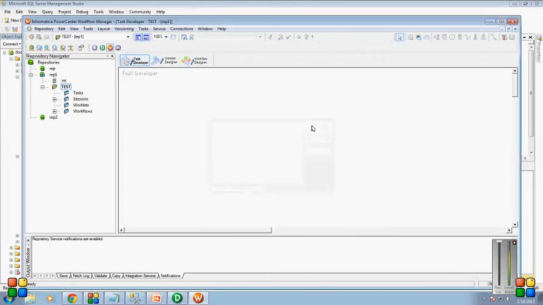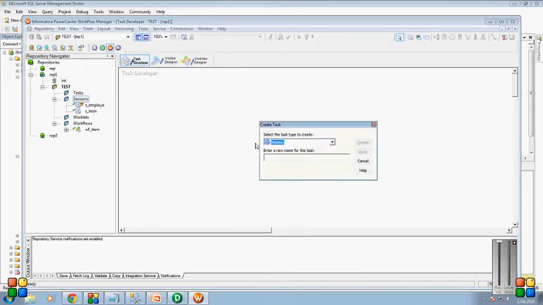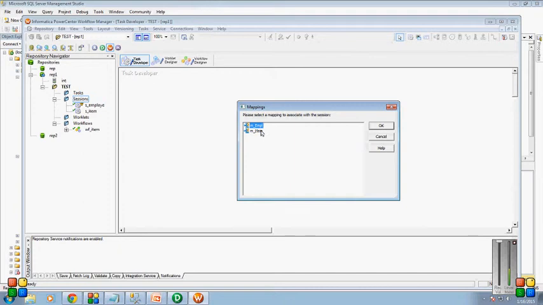So here we have sessions and workflows. We just create a workflow here. To create a task, we can create a session for that workflow. For the whole workflow, we will create one particular session to run that workflow. So we'll give the name of that session as emp, create, and we are going to select the mapping which we have created for this session.